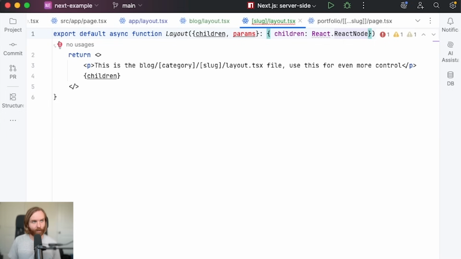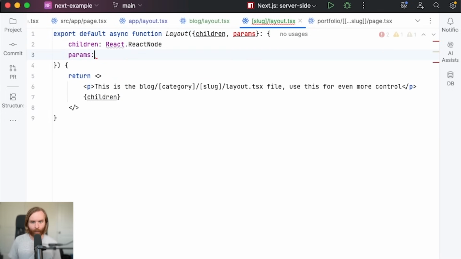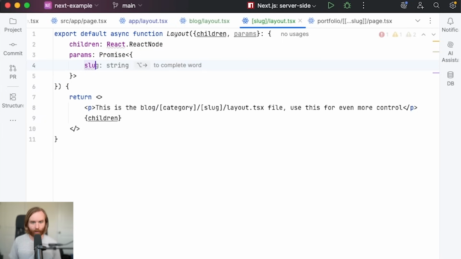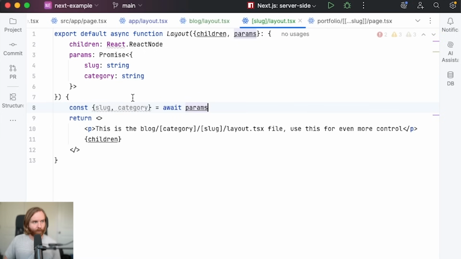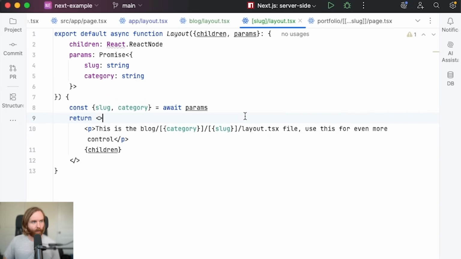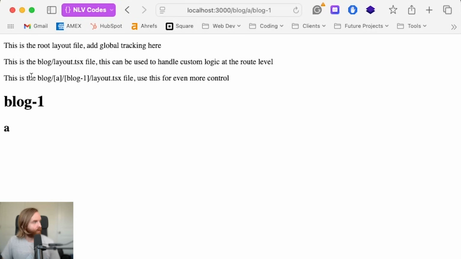And then within our types, we'll spread this out to make it a little easier to read. We'll include our params, which are going to take a promise, which will include a slug, as well as a category, which are both strings. Now we can destructure our params with the slug and the category constants being taken out, and we do need to await these params. And then to show this in action, we can include our category and our slug here in this paragraph tag. So I save this, and we can see now that this is the